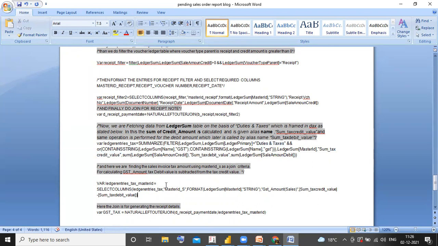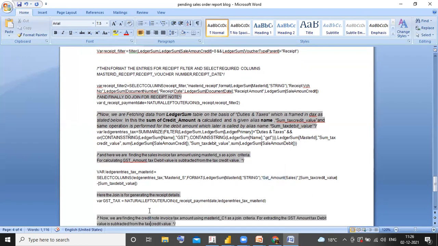Here we are finding the sales invoice tax amount using master ID as a join criteria. For calculating the GST amount, the tax debit value is subtracted from the tax credit value and stored in a variable, GST amount sales, and the final output is stored in ledger entries tax master ID.